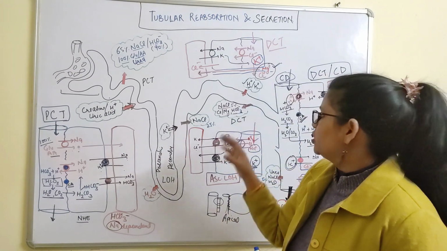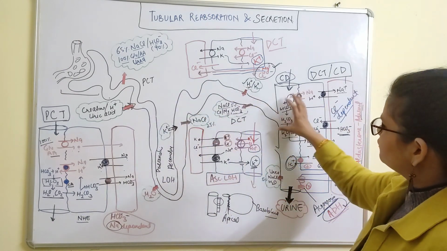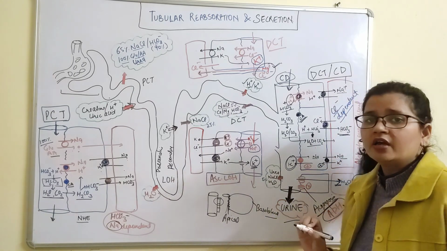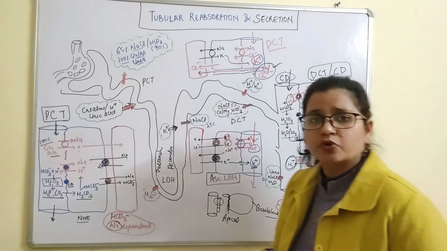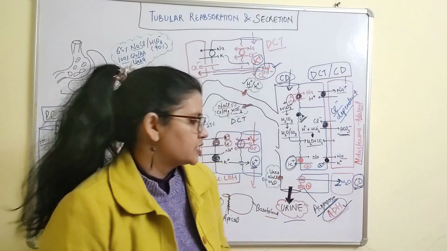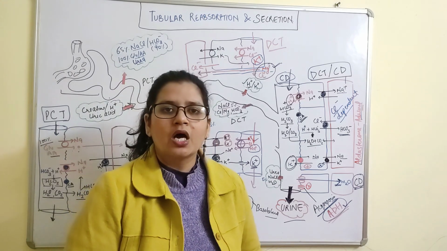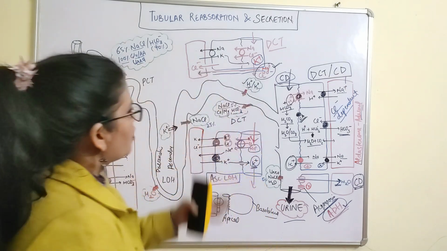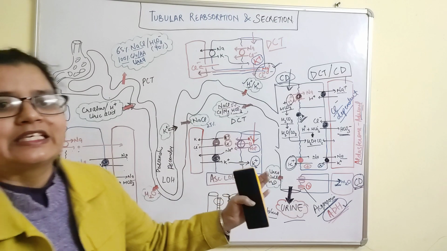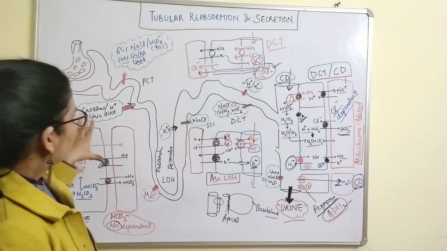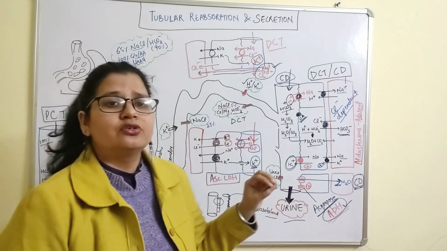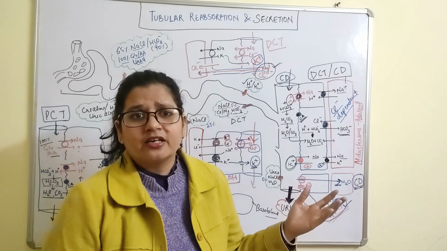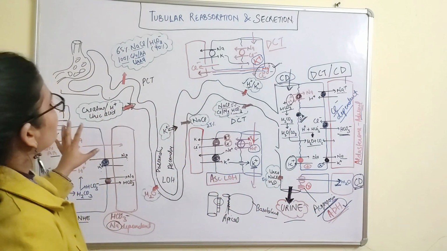This way urine is formed, various substances are filtered, and ultimately the filtrate that remains here is urine. Urine has mostly nitrogenous waste products with some water obviously, but maybe also some RBCs or WBCs, which may increase in some pathological conditions. So that's all about tubular reabsorption and secretion. You should listen to this video, pause it, try to draw these structures the same way I have drawn them, and try to understand the concept again and again, and it will be very clear to you. So that's all about urine formation.